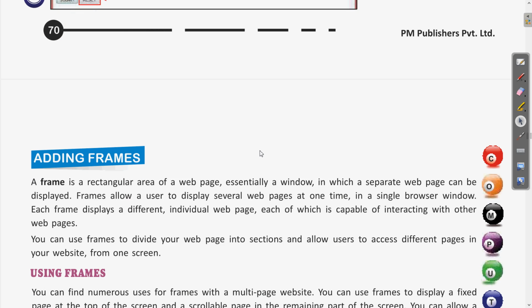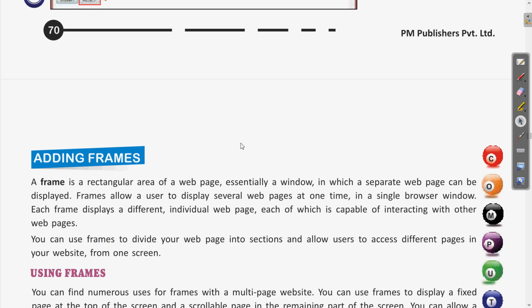So basically frames, we will see that before this the form which we have written was a single web page on a whole browser. Clear? So if we want to use the frame, frames will give you multiple web pages, or you can say multiple sections can be allocated in a single web page.